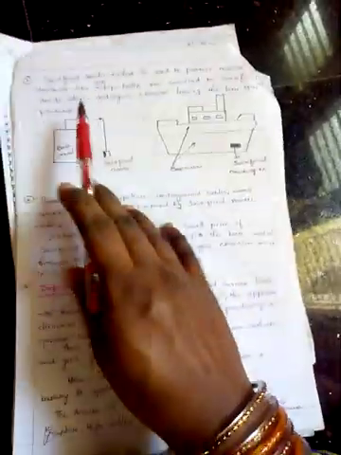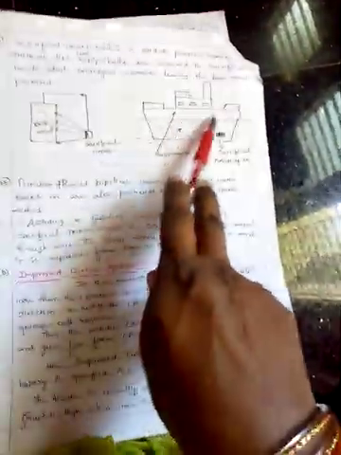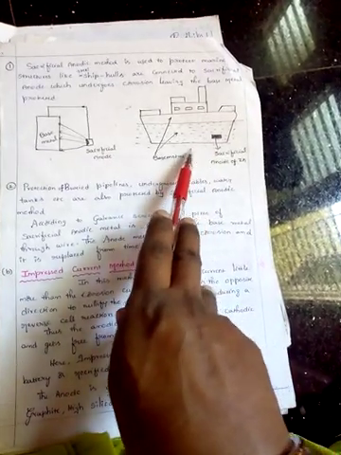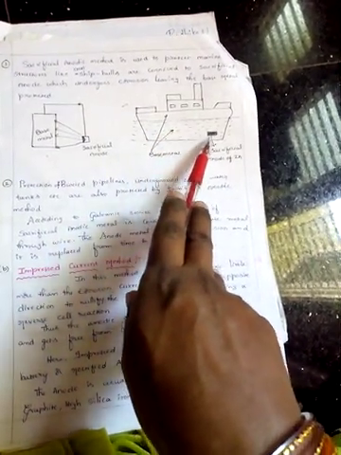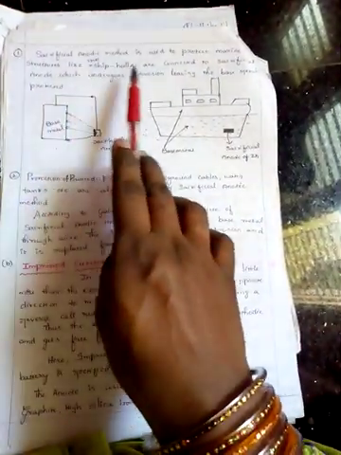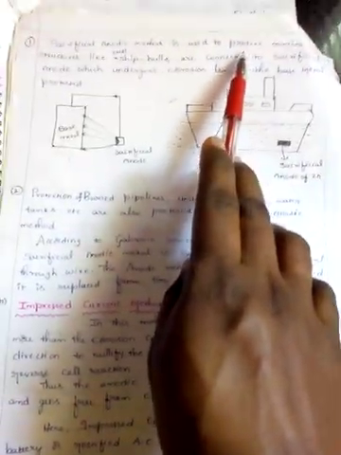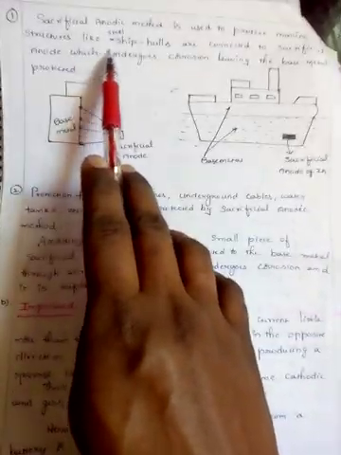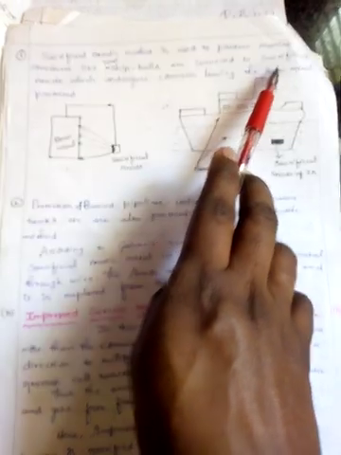Generally, in most large or heavy metallic bodies, iron is considered the base metal. So this is the base metal and this is the anodic metallic block. This block is connected to the large metallic object with the help of a wire. The sacrificial anodic method is used to protect marine structures like ship hulls, submarines, etc.